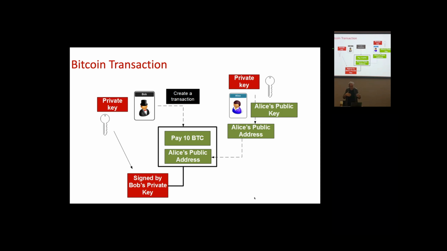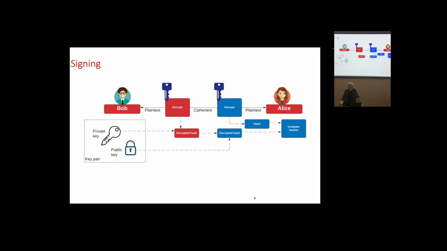Okay, we'll come back onto this, but basically, Bob finds out what Alice's public identifier is. He wants to pay 10 Bitcoins. He basically takes his private key and signs that transaction to say that that was him. And everyone else can prove that it was Bob that signed that through Bob's public address. A wonderful mechanism. So for signing, what we have is the private key signing a hash and the public key